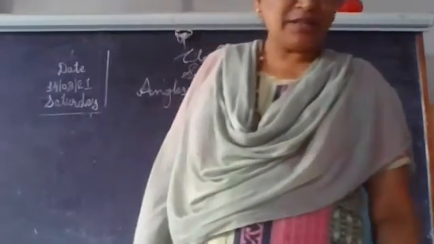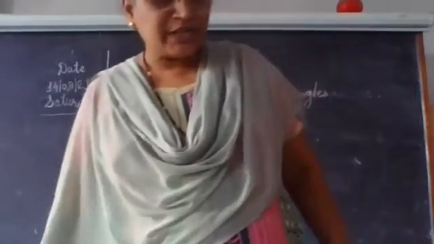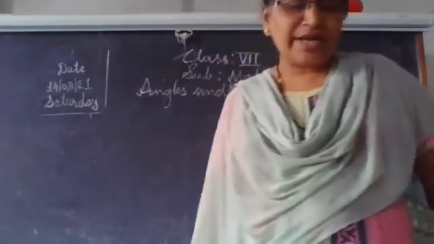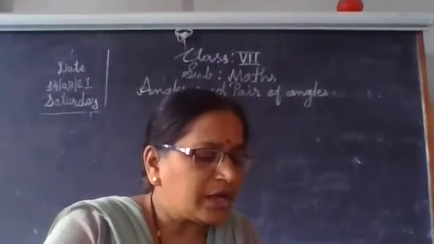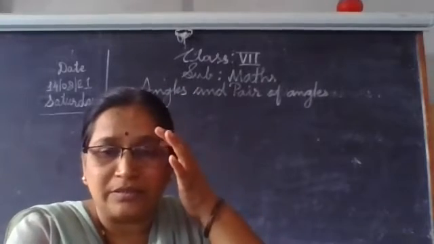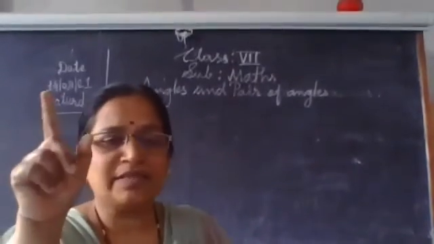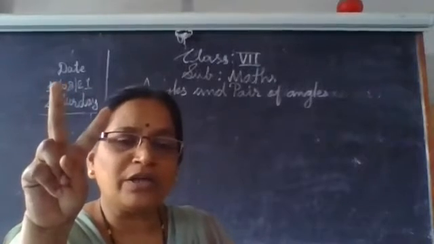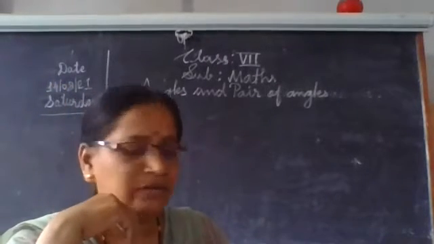Now let us discuss something, beta. Discuss the following statements. If the statement is right, give an example. If it is wrong, you have to state why. Two acute angles can make a pair of complementary angles. Acute angle means less than 90 degrees. If two acute angles make a complement, is this statement correct or not?